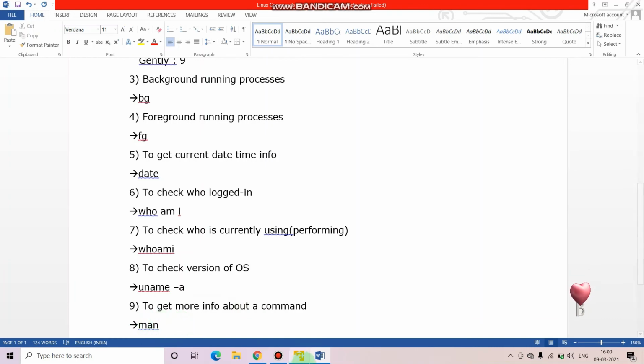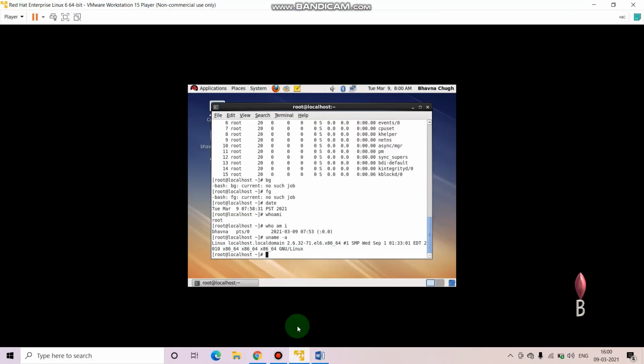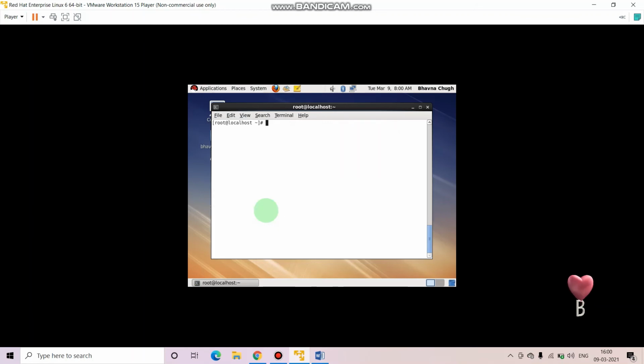Okay, so the last command we are left with is to get more info about a command. Man is used. Let's see its syntax. First let me clear the screen. For that we press the control key with L, and it will clear your screen. Then you have to type man, and then the command whose information you want to get.